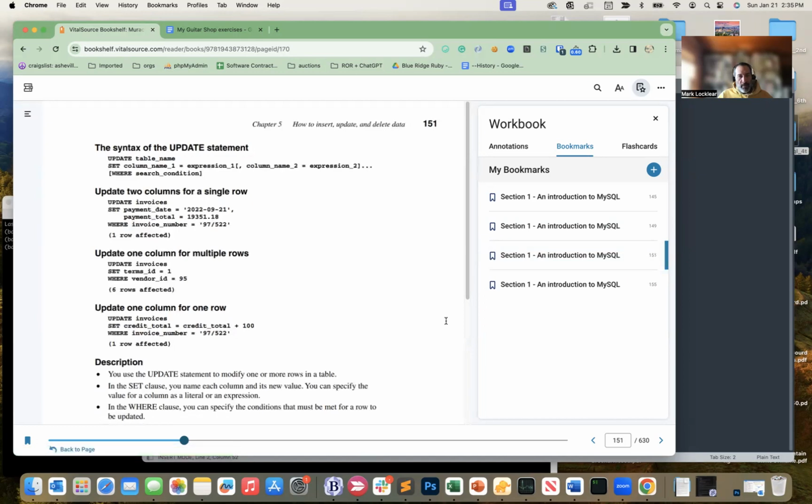Okay, next we've got update. So that was inserting. All update is doing is updating an existing row based on the query. So for instance, in this case, we're going to be updating the invoices table. We're going to modify payment date and payment total with these values, and then which invoice specifically are you going to update? In this case, it's the one with this